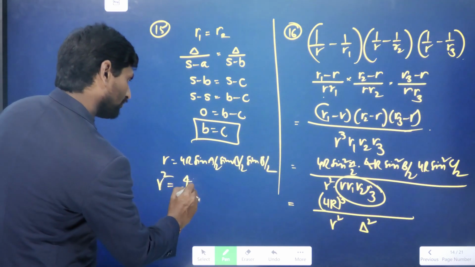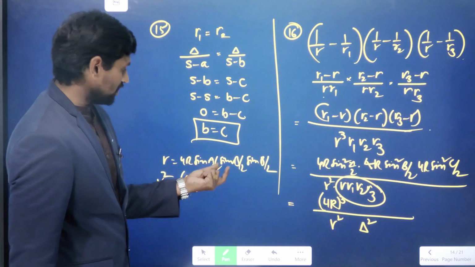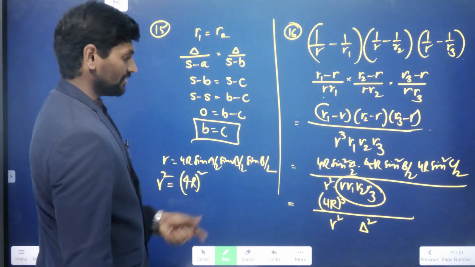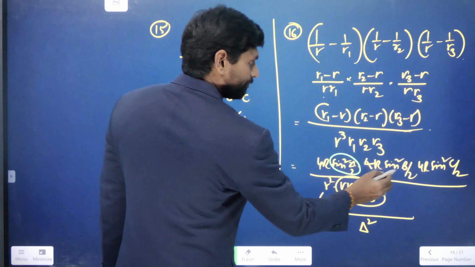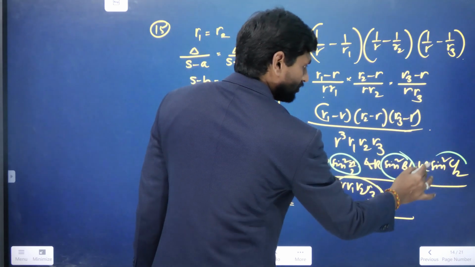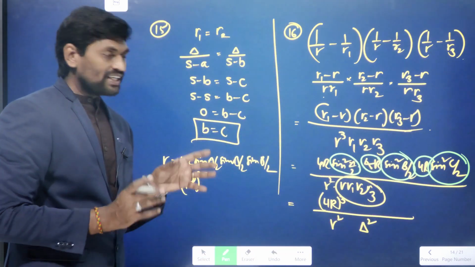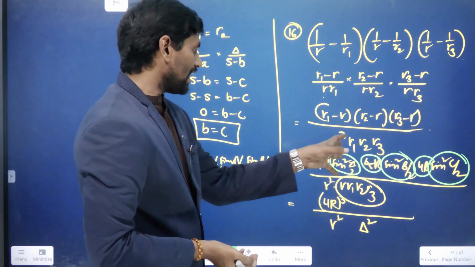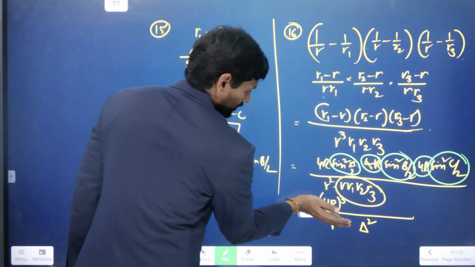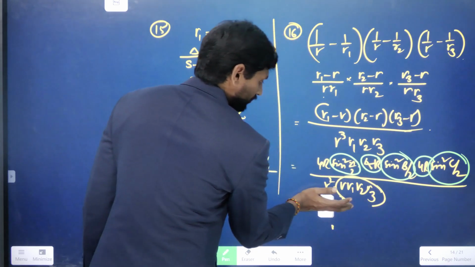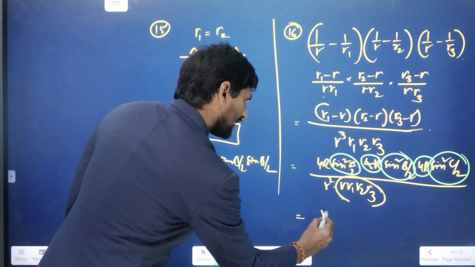R square value is 4R square into sine square A by 2 into sine square B by 2 into sine square C by 2. That means in the place of sine square A by 2, sine square B by 2, sine square C by 2 and 4R into 4R, what I circle with the green color, I can write R square formula directly with 4R. So in the place of the green circles, we can write that is R square,